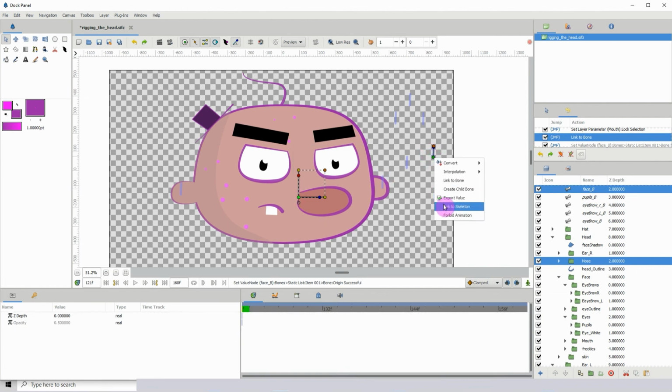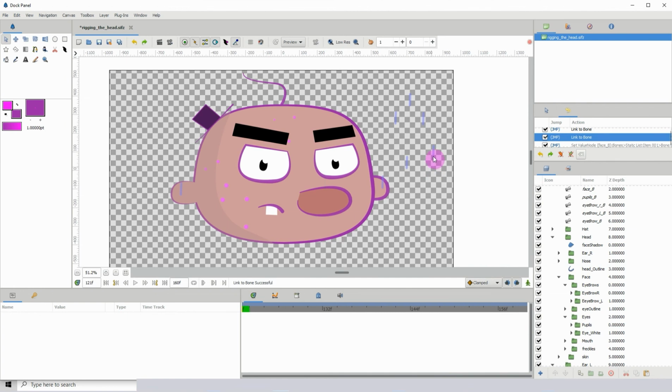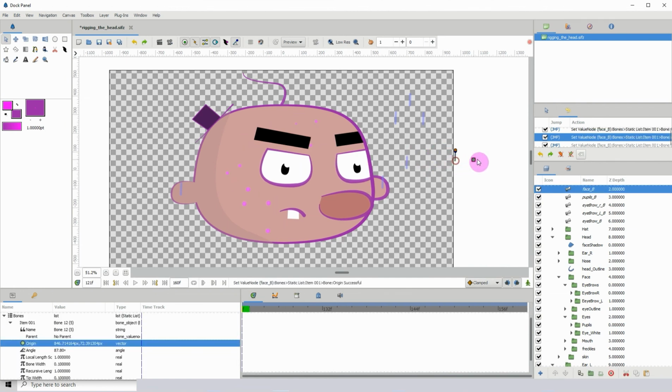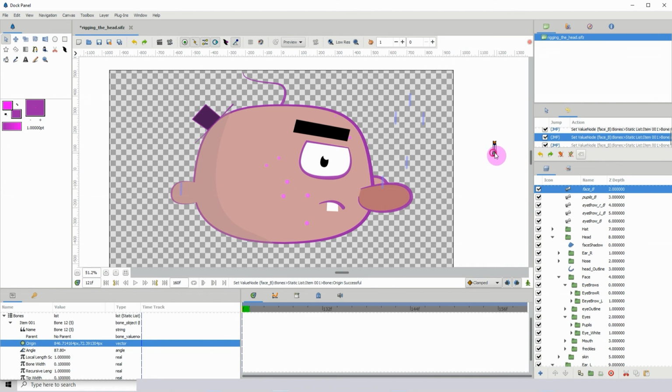So where we move, we can see the face stays within the confines of the border, but the nose moves off, and it gives the illusion that the character's head is actually